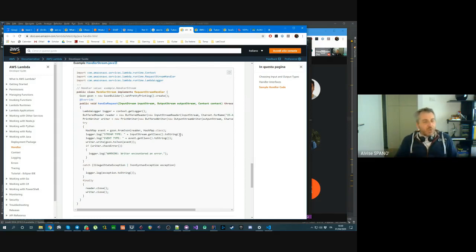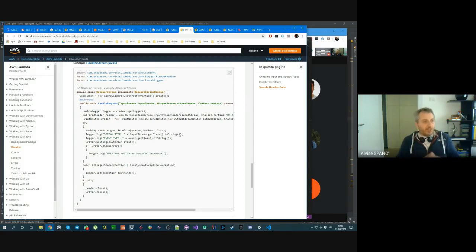For example, when you open a file, you get the handler to the file, which is a synonym of the file descriptor. Actually, Unix calls file descriptor the identifier that identifies the file in the file system, while Windows, for example, calls handler the entity, the object that you get when you open a file. Why the name handler? Because when you open a file, you don't really have the file, you just have a